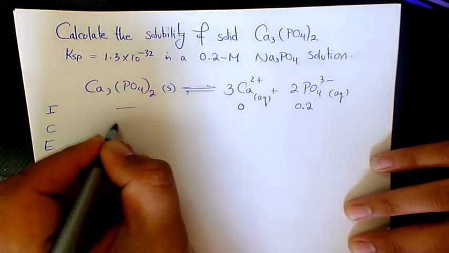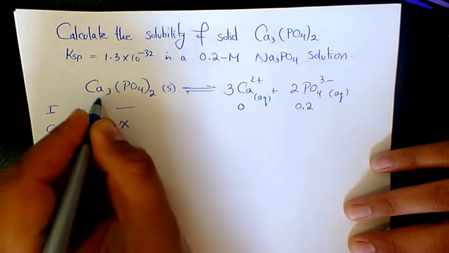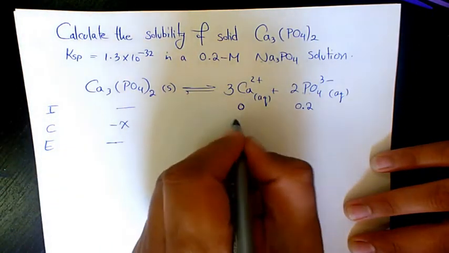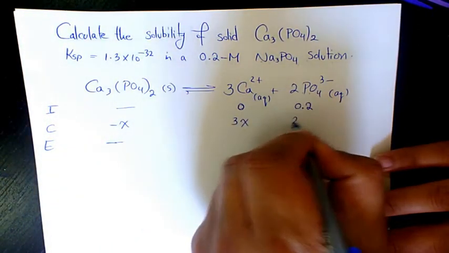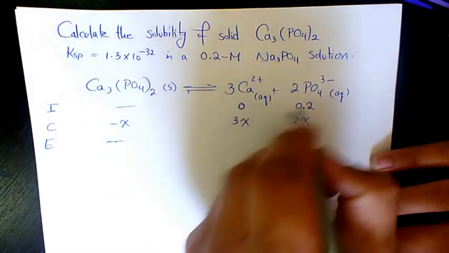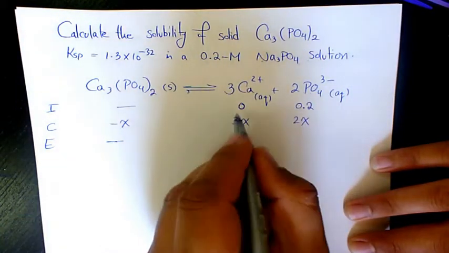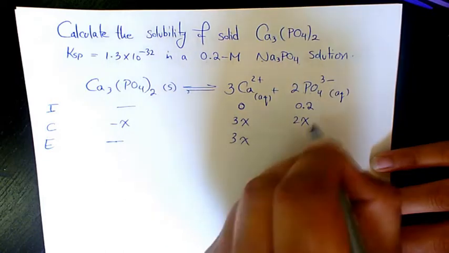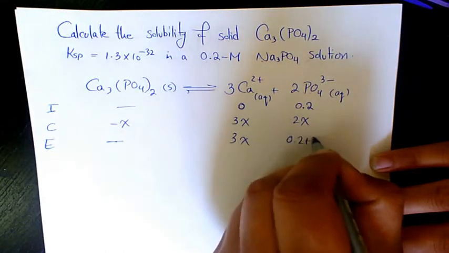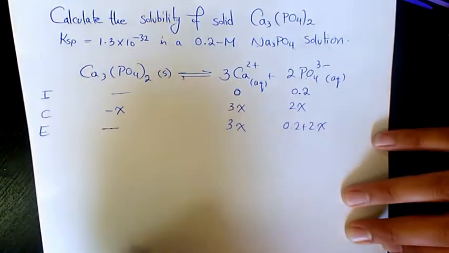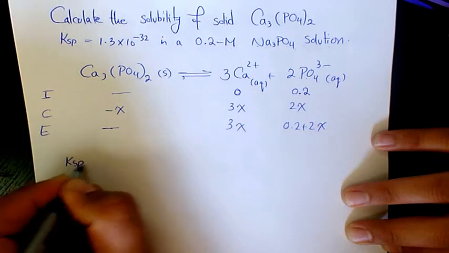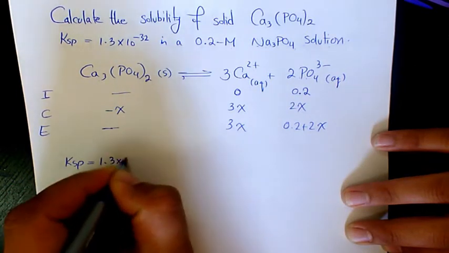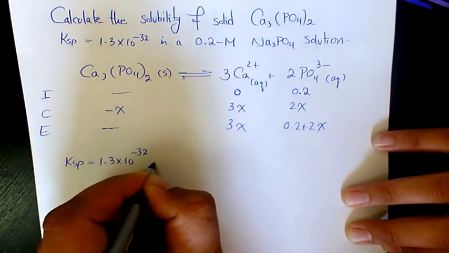Then the change is going to be negative x, negative because it's consuming. And here we have 3x, and here we have 2x, because the coefficient here is 3 and the coefficient here is 2. Now 0 plus 3x is 3x, and 0.2 plus 2x. So we're going to say KSP equals 1.3 times 10 to the power of negative 32 equals